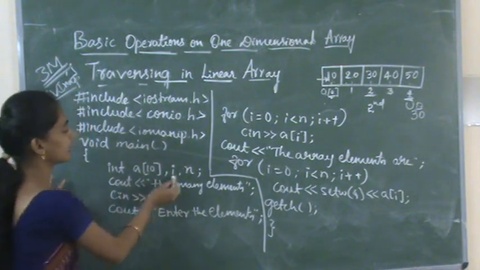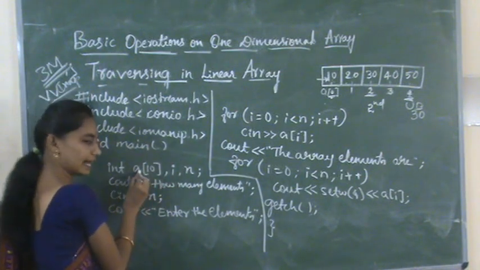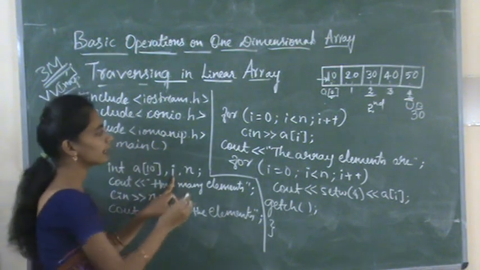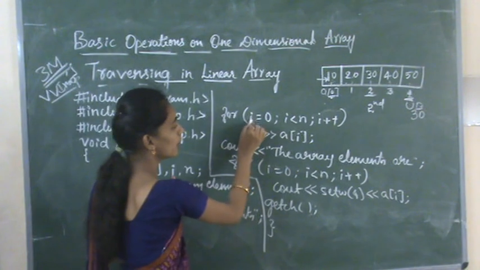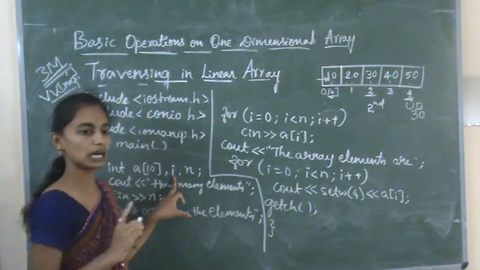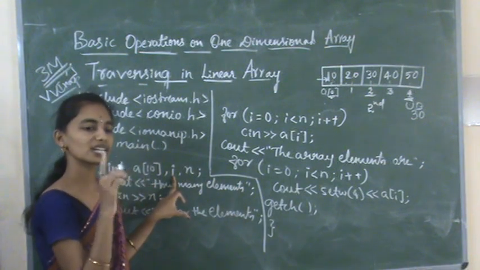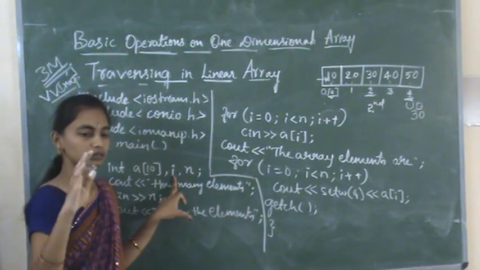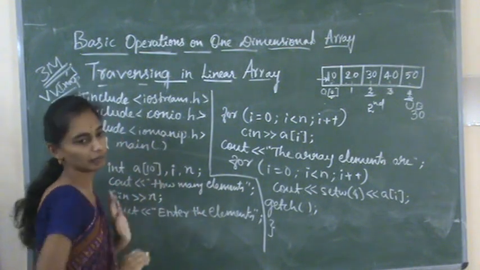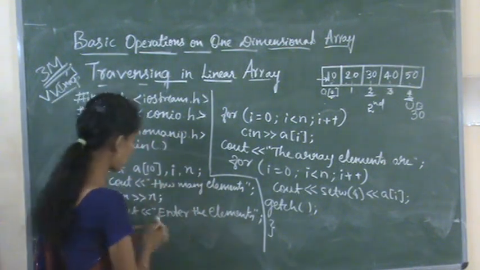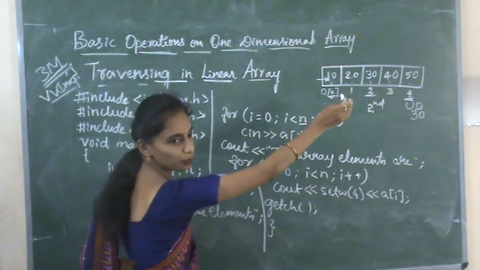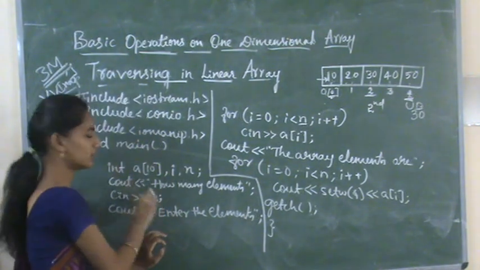So here we are taking 3 variables. One is array A, another one is I. I is declared here to represent the lower bound. So we know that in the algorithm, right, for location is equal to lower bound to upper bound, for that we are using variable I. And then n is for how many elements. So we need the condition where to stop, right? So for that we are using n.